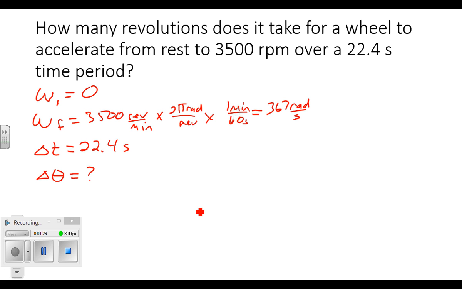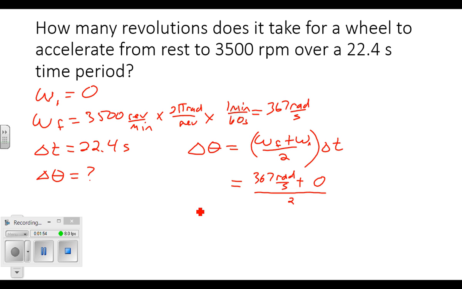And let's see, I think probably the equation we want to go with would be the one that goes like this. The delta theta is omega f plus omega i over 2, the quantity times delta t, which is essentially calculating an average velocity. So omega f is, we just figured out, 367 radians per second plus 0, all divided by 2, and that times 22.4 seconds. Again, I would invite you to pause and plug the numbers in yourself. When I do this, I get